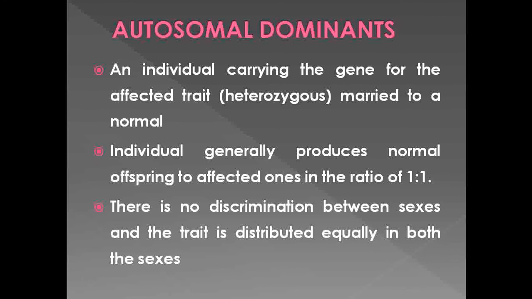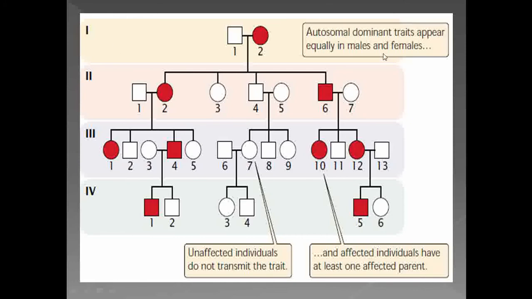Okay. So now we see the pedigree chart of the autosomal dominant traits. Just see here, this is the normal male and affected female. If there is a marriage between these two, in the next generation you are able to see that this trait is equally transmitted into male as well as female. There is a chance of 1:1 transmission of that disease. Then see the next generation, in which the male is normal and the female is affected. In the next generation you are able to see half the daughters and half the sons are affected.